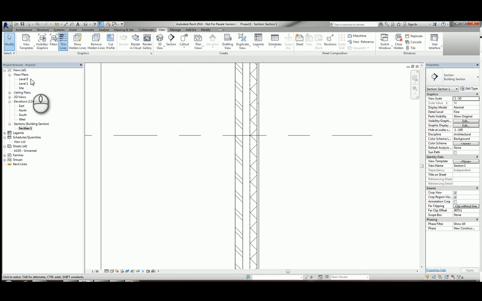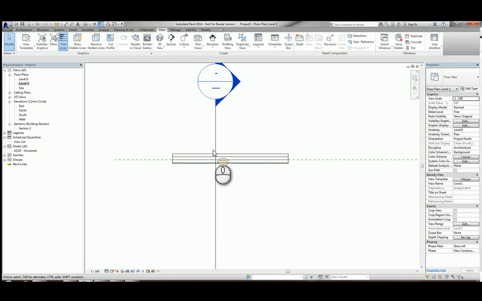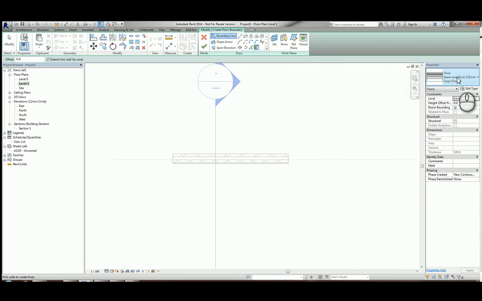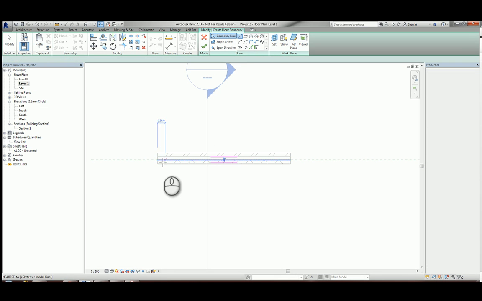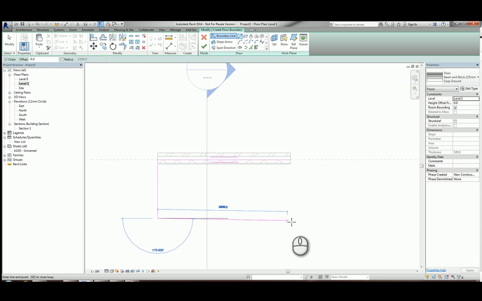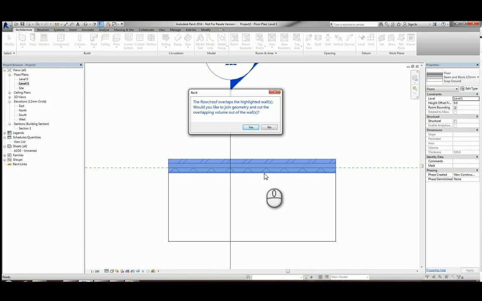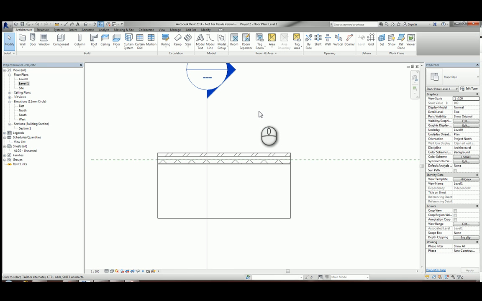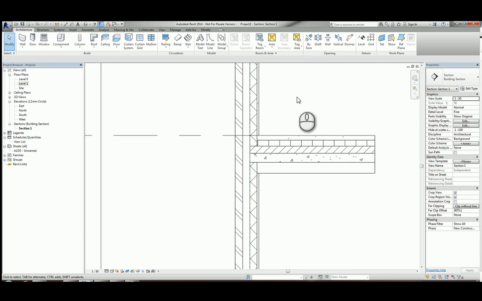So let me go to my first floor to draw this just for now, and I'm going to go Architecture, Floor. My first one, I'm going to do a beam and block floor in here, and I'm going to go Pick Wall. I'm going to place the first line along that core boundary across there. I'm then just going to draw some lines in from here, coming out to there, and up to there, finishing my floor. And because it overlaps with my external walls, Revit's asking me if it wants to join it up for me. I'm going to say yes please, save me a job. Let's go back to that section, and there you can see